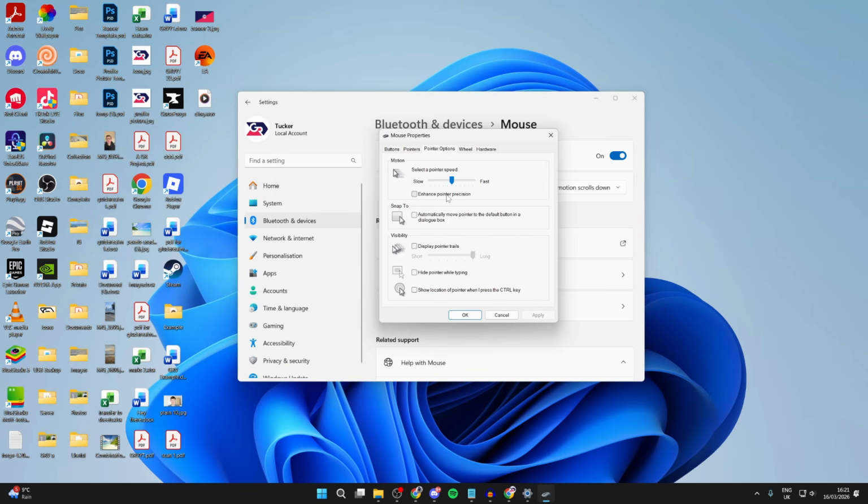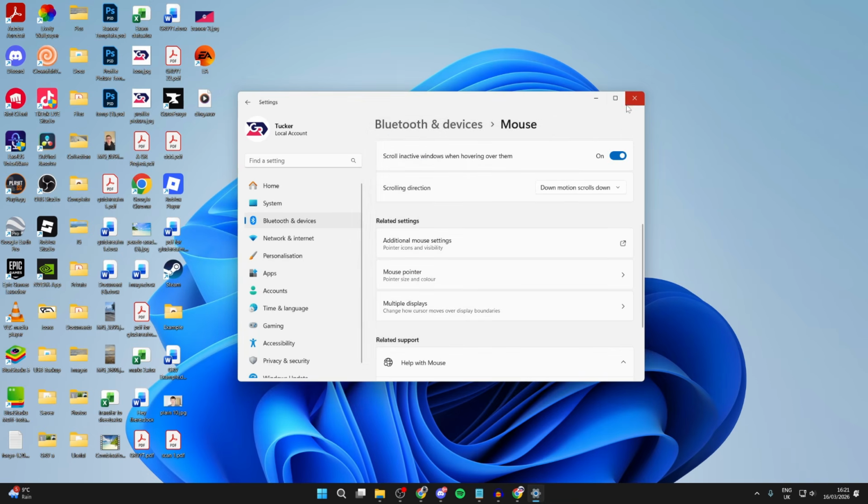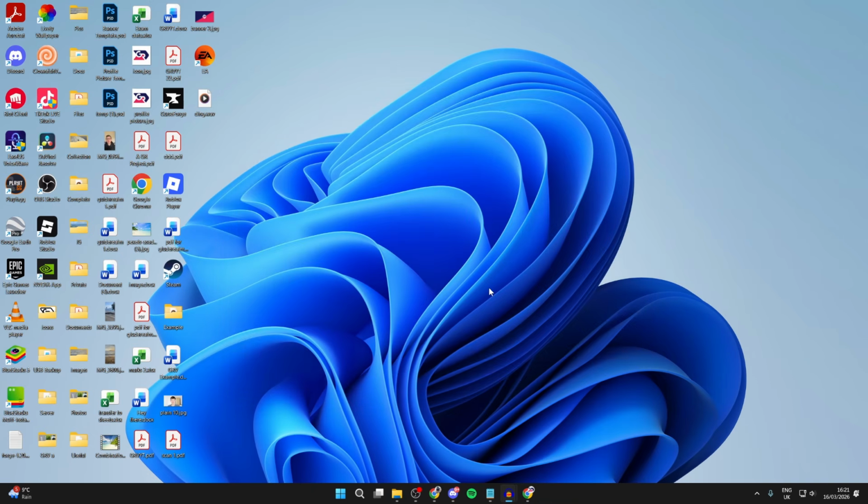Try disabling enhanced pointer precision. So unselect it and press apply in the bottom right like so, and then you can try using it and see if it solves it. Hopefully it does. If you still find that it doesn't, the next thing you can try doing is